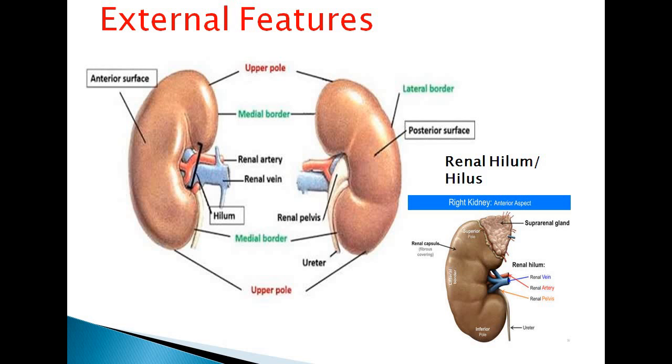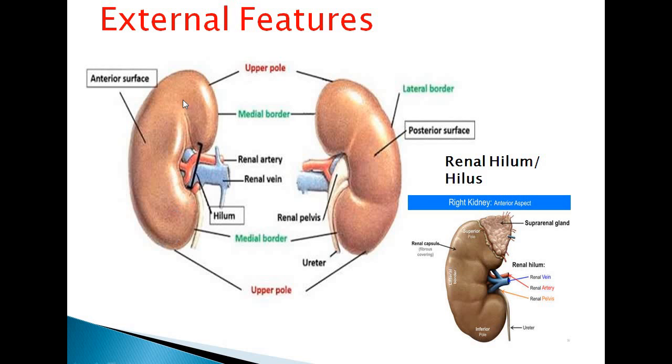The pelvis continues downward as the ureter. So the continuation of this renal pelvis is the ureter, which is directed downward. So this will be the lower pole and this will be the upper pole of the kidney. The upper pole is overlapped by the suprarenal gland and the lower pole is related to the ureter. So looking at the hilum itself enables us to identify the side of a kidney. So as external features, the kidney has two poles, two surfaces and two borders. The hilum is located 5 cm lateral to the midline and is present at the level of the first lumbar vertebra.